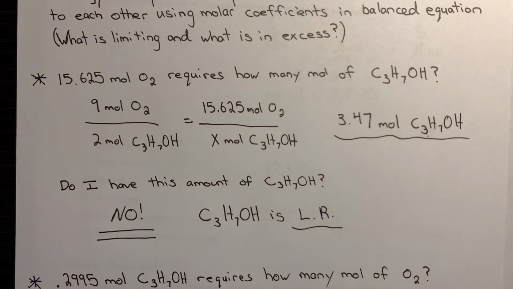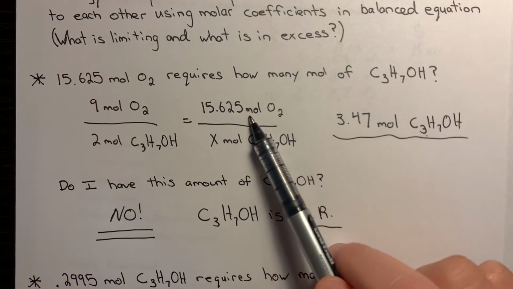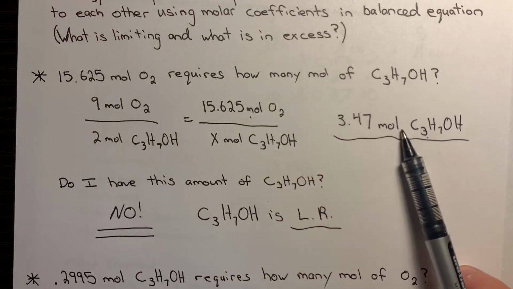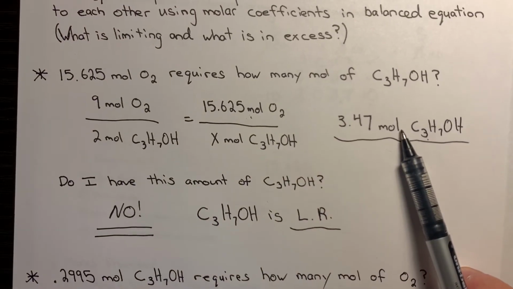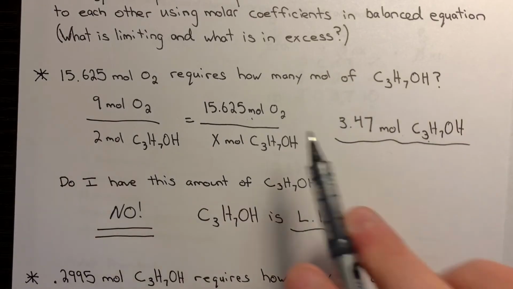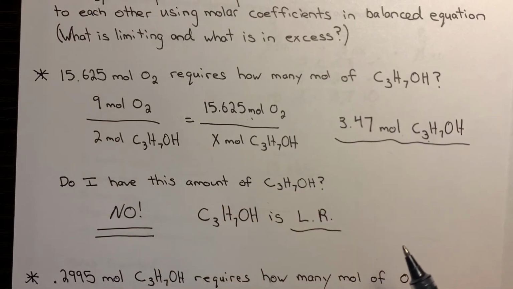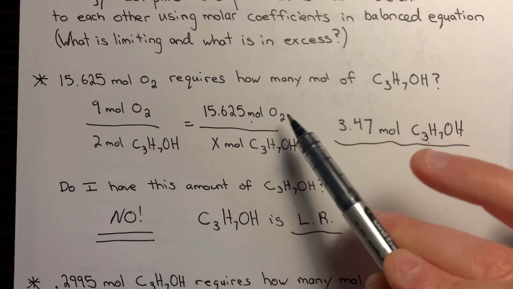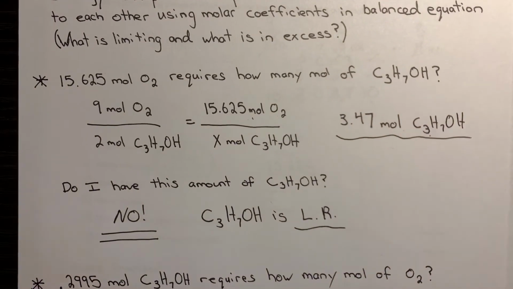That's the quantity that's going to dictate how much product I can actually form, okay? So again, the reason behind this is because if I want to react all of the oxygen, I'm going to require more of the 2-propanol than what I have, okay? So this first step is good, right? It tells me what the limiting reactant is, and then by default, our oxygen is obviously going to be our excess reactant, but it doesn't really tell me how much of the oxygen, the excess reactant, am I actually going